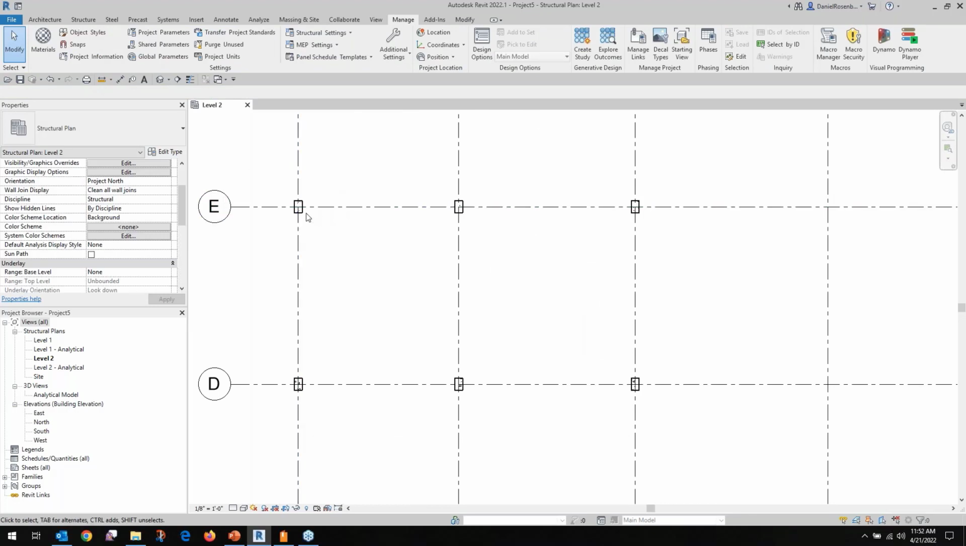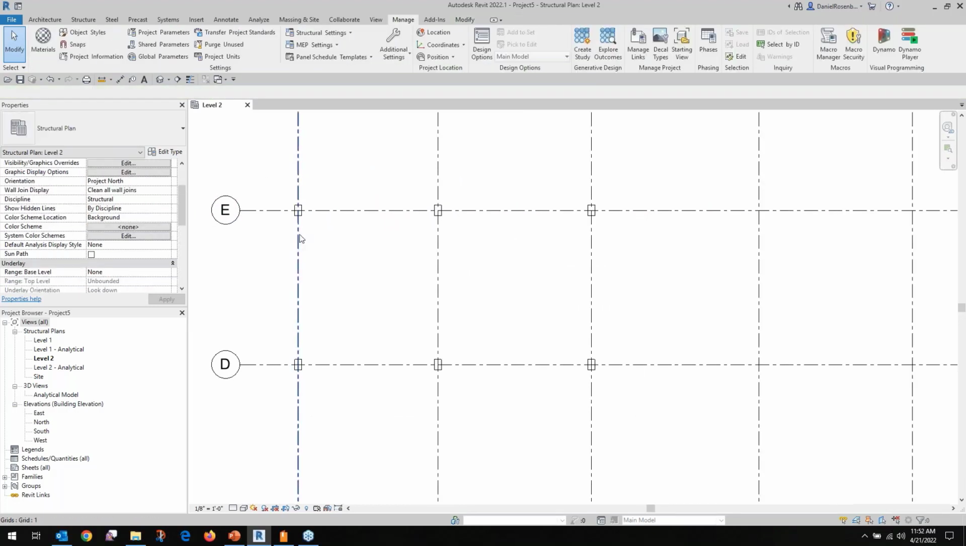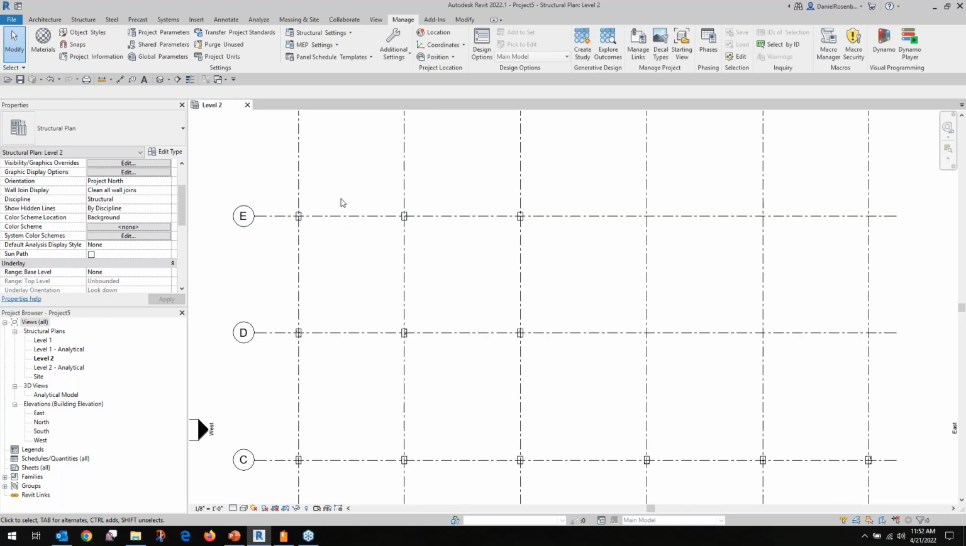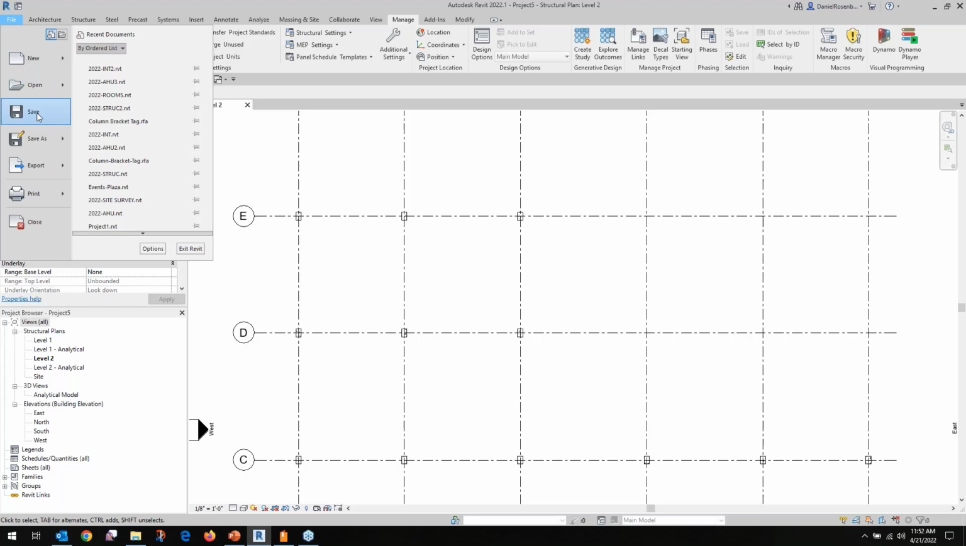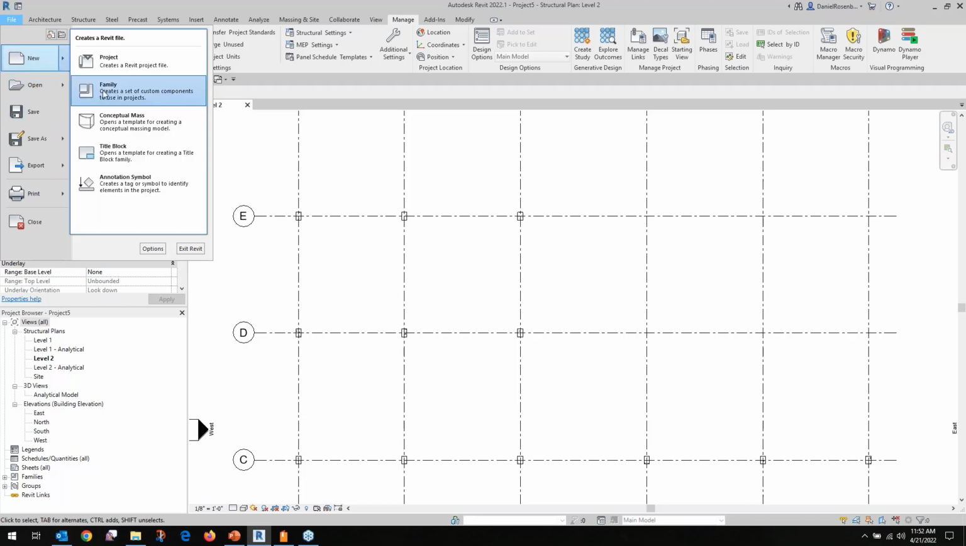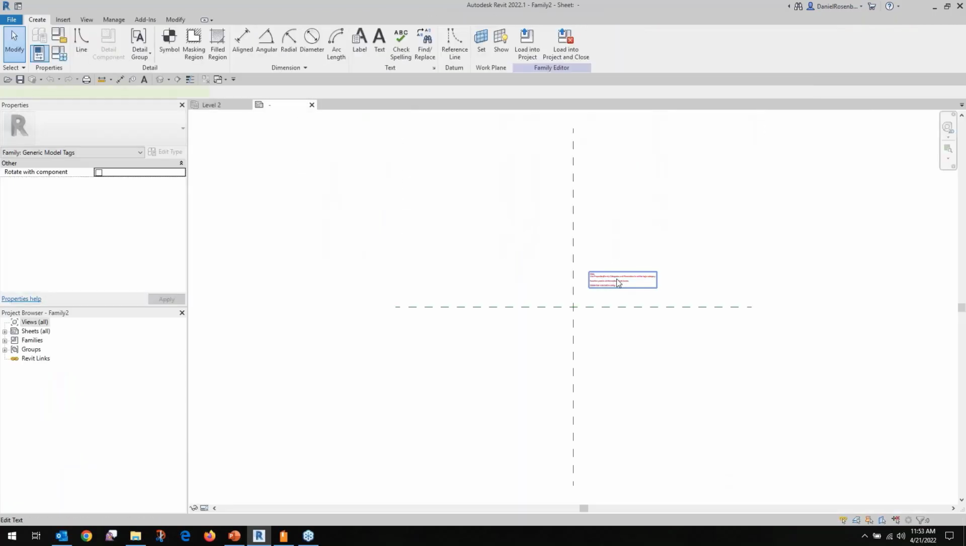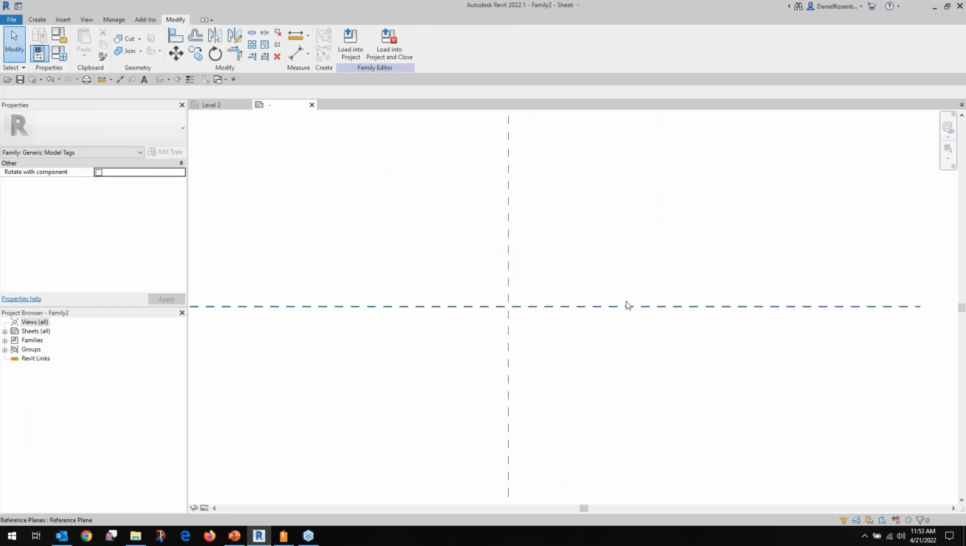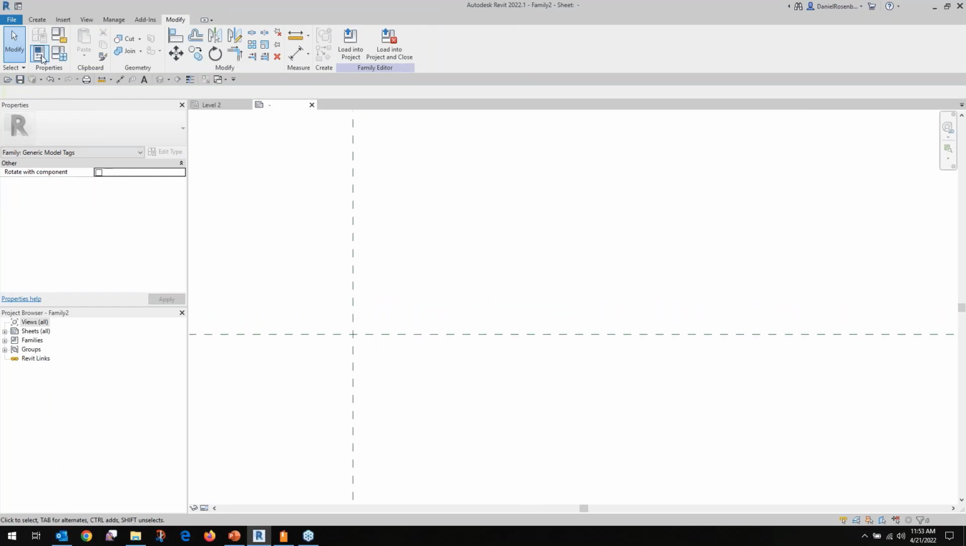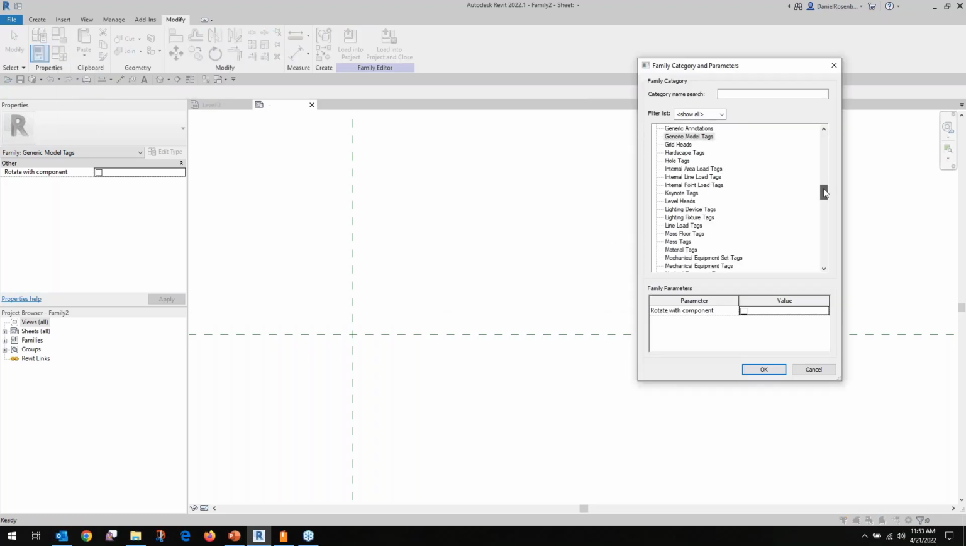Let's say I go to... you know what, for this, I think we got time. Let's make one from scratch. Super easy. File, new, family, annotations, generic tag. Can delete all that extra text. This is important, the family category. I usually mess this up, but I remembered it, luckily. Gotta set it to structural